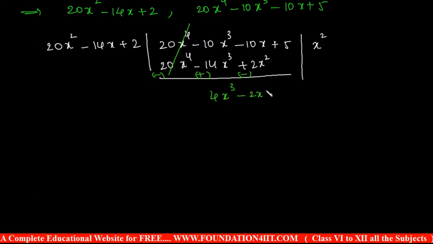And this minus 2x square minus 10x plus 5. Now also we should make again. Now this is a 20, but this is only 4. So multiply the remainder by 5 and divide by the divisor. So you should multiply with 5 again.